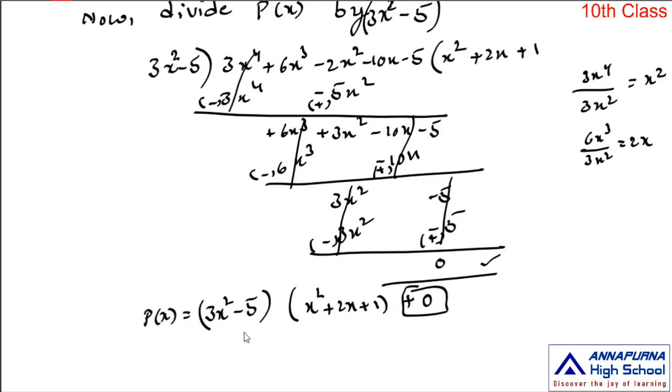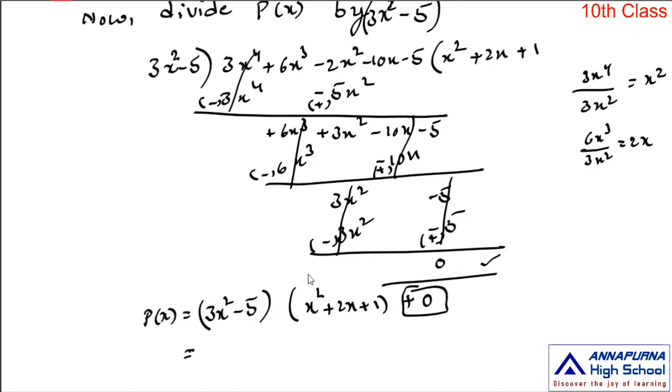Again, you split the second degree polynomials into products of linear polynomials. If from this second degree polynomial we get two linear polynomials, and from this second degree polynomial we get two linear polynomials, then totally we have 4 linear polynomials. That means we present the given polynomial as a product of 4 linear polynomials. That means they are the 4 linear factors.